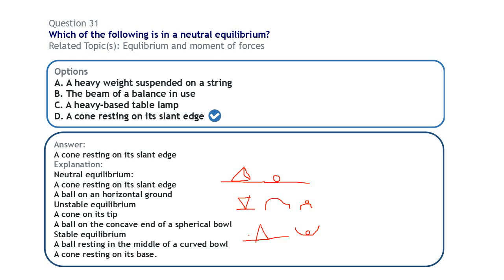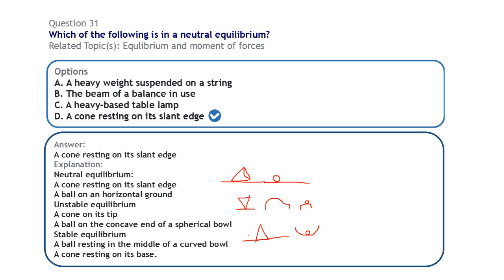But a cone resting on its pointed tip is in unstable equilibrium. Or a ball on a curved edge. Let's say you have a bowl. If you turn that bowl upside down and put a ball on top of it, that is going to be a state of